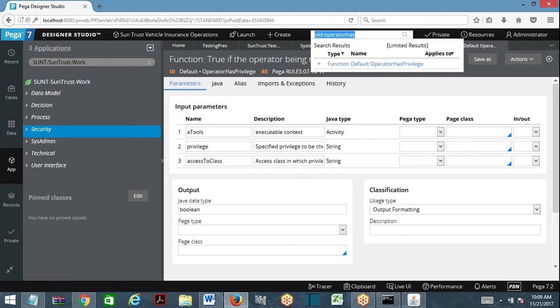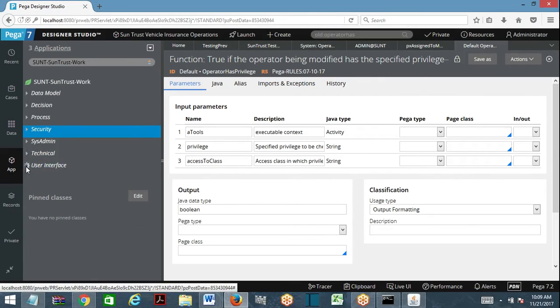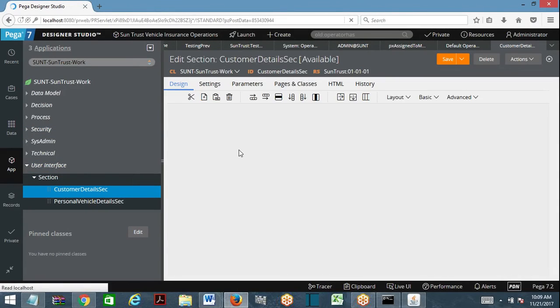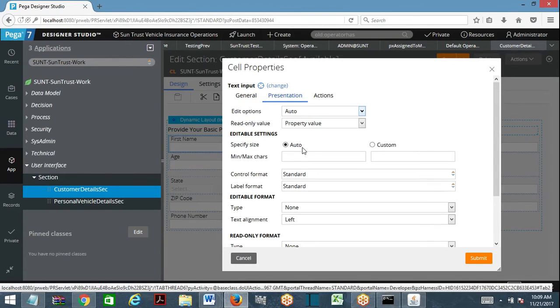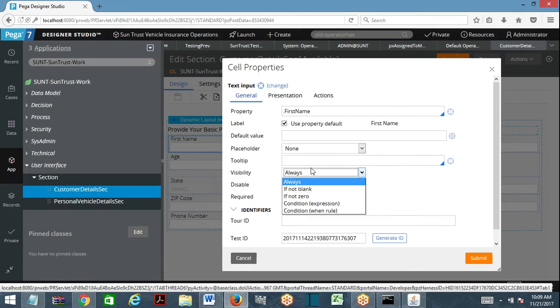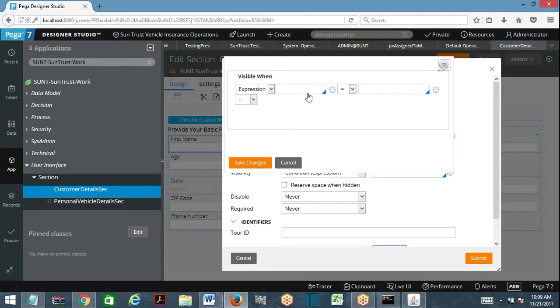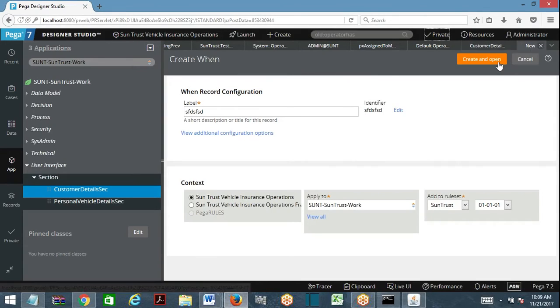Operator has privilege function is going to, okay, I'll show you in UI, hang on. Suppose visibility. This is the visibility condition I want to apply. Presentation, across the visibility, Expression. What is the expression? Here I'll go with one condition.